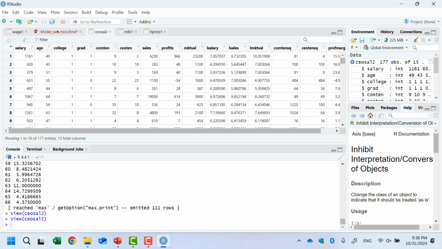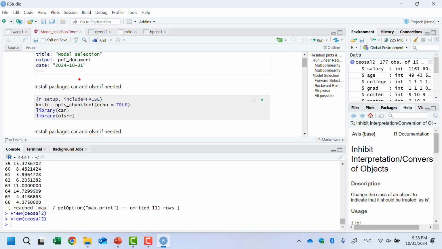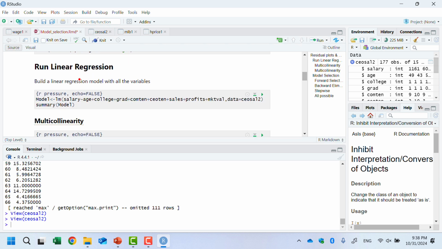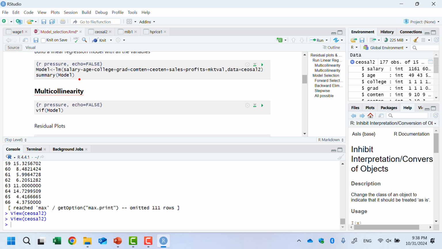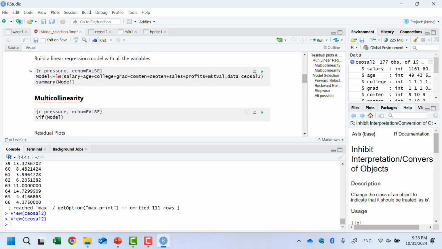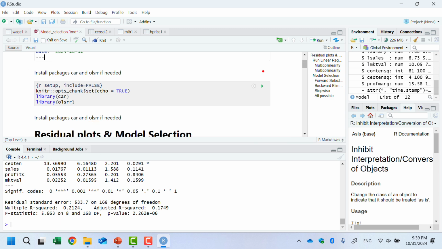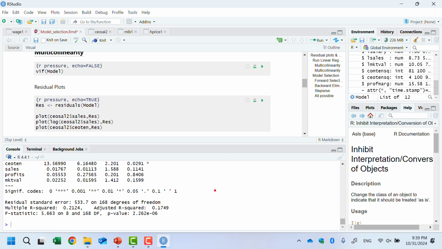So we go back, bring in the table, and then we can create the linear model. The model is salary on age plus college or graduate plus company tenure, CEO tenure, sales, profit. So I excluded all the log variables, right? And then you just run it, and you can see the result here.